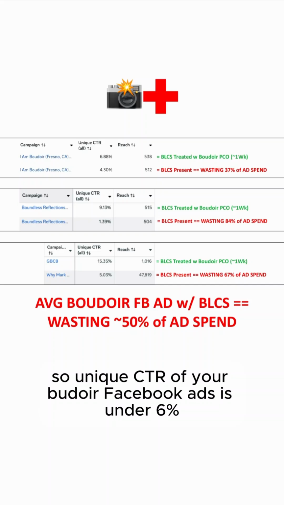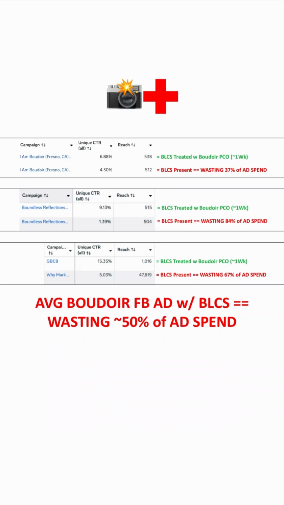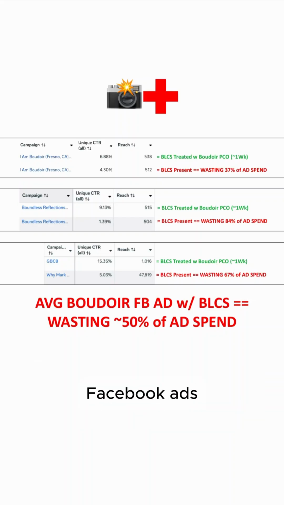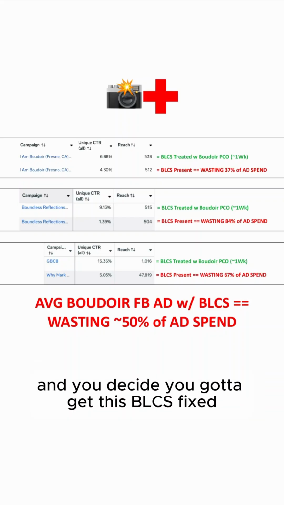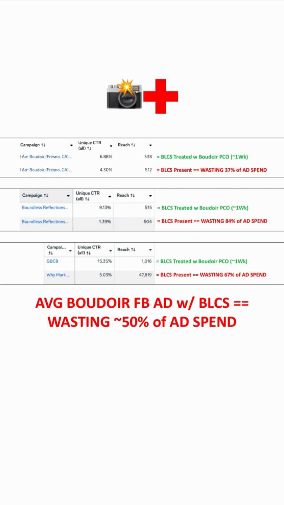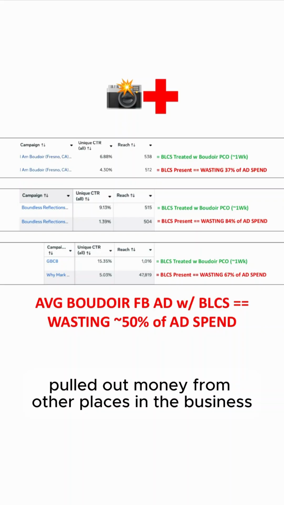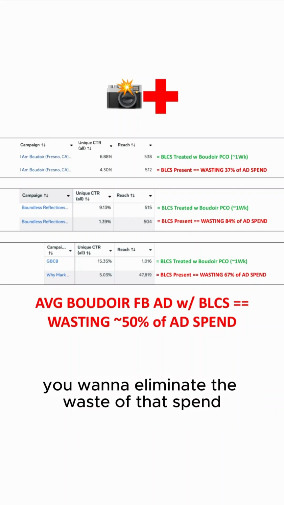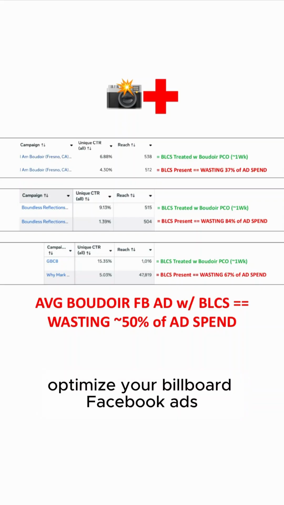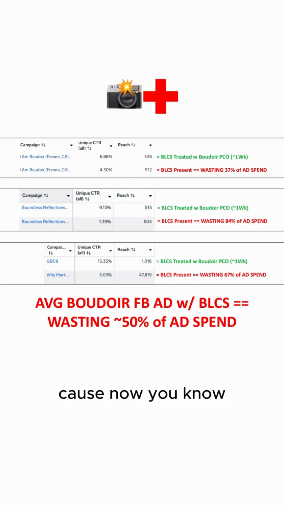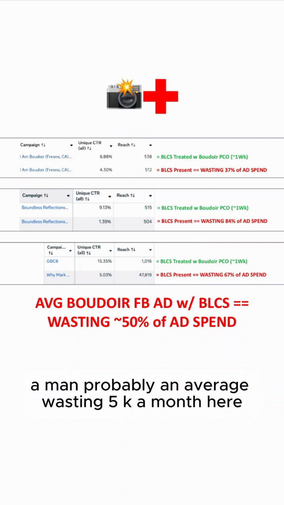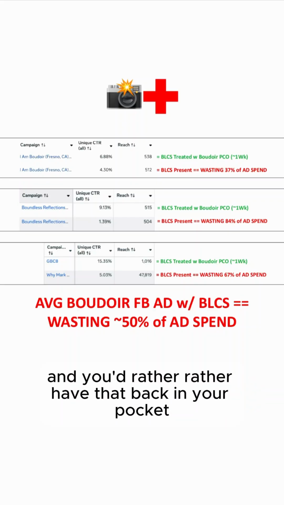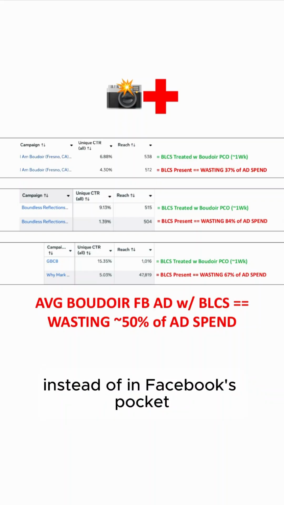All right, so if you're a BLCA, a Boudoir low click advertiser with BLCS, with Boudoir low click syndrome, so unique CTR of your Boudoir Facebook ads is under 6%, and you're spending more than 10 grand a month on Boudoir Facebook ads, and you decide you gotta get this BLCS fixed because you've pulled out money from other places in the business that you've been able to optimize, but now you need to pull it out from your Facebook ads. You want to eliminate the wasted ad spend, optimize your Boudoir Facebook ads, because now you know, oh man, probably on average wasting 5K a month here, 60 grand over the next year, and you'd rather have that back in your pocket instead of in Facebook's pocket,